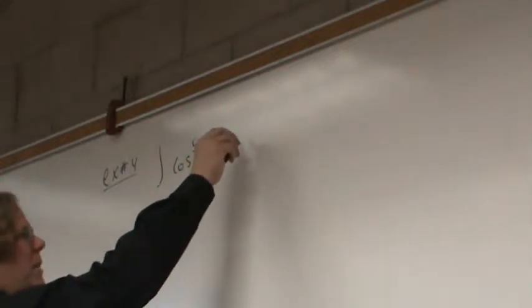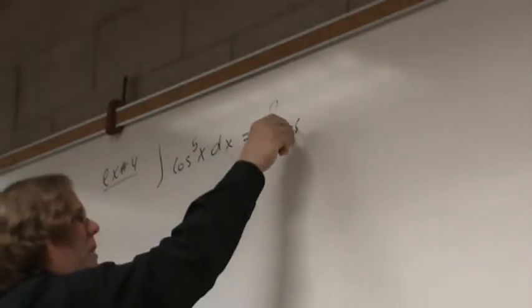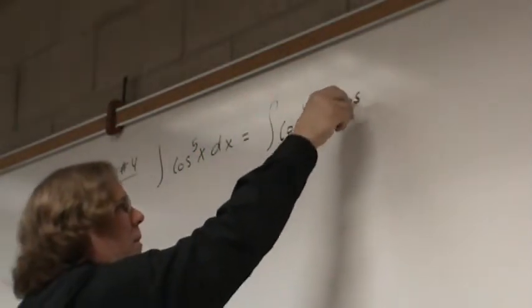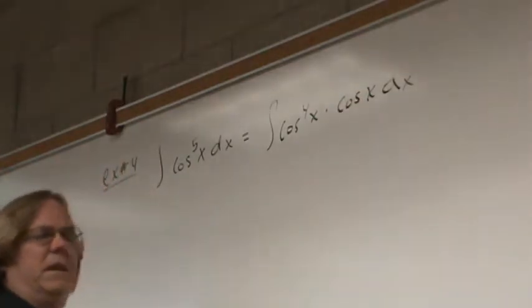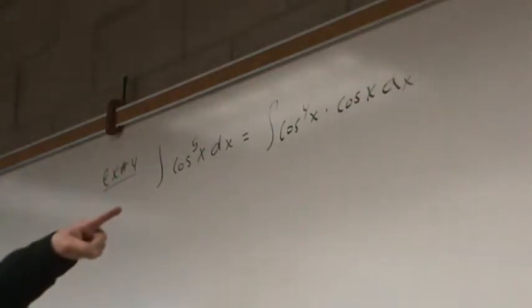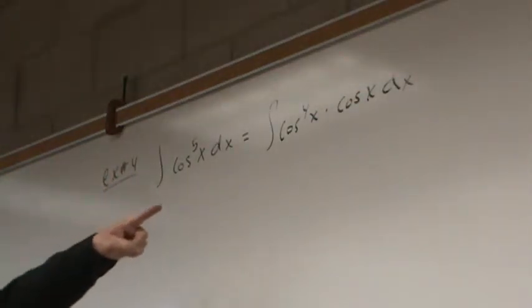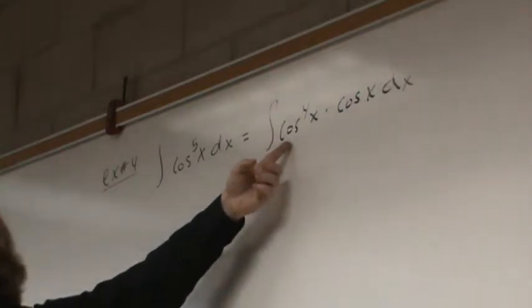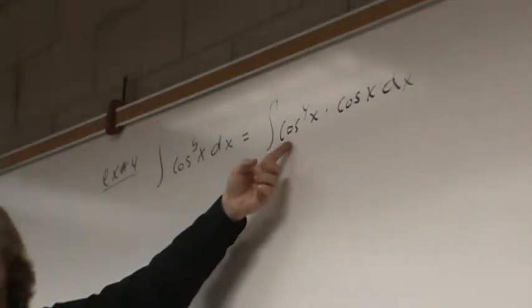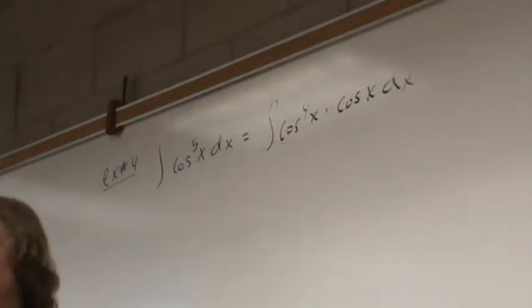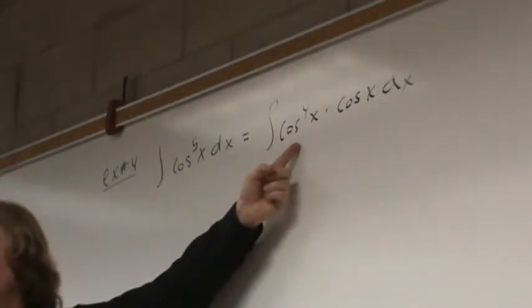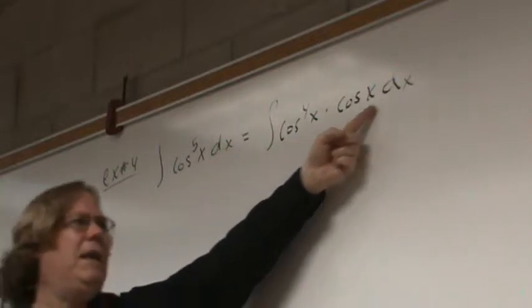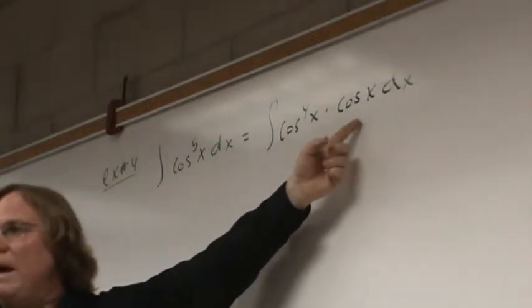Okay, hey guys, I'm just going to tell you, this is an odd power, correct? Yeah. So let's reserve a cosine for my du. So now that I've reserved a cosine of x for my du, what do you suppose I'm going to do with this cosine to the 4th power of x? Oh, you're going to do the 1 minus sine squared. Thank you very much. I need to turn these all into sines, because by making cosine x dx my du,